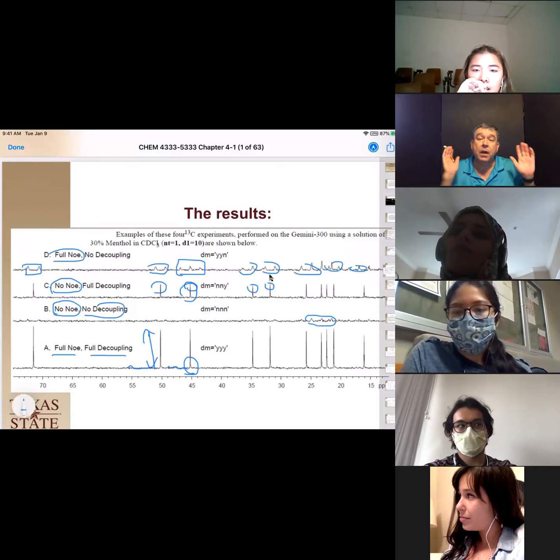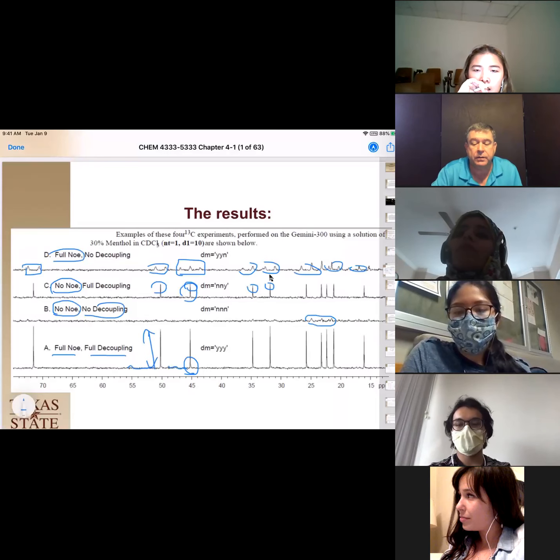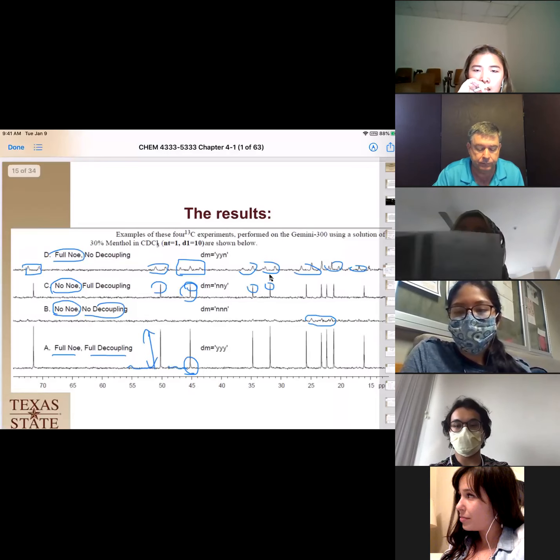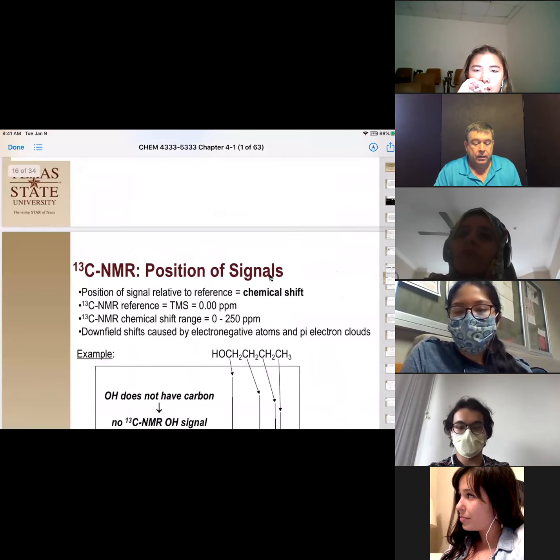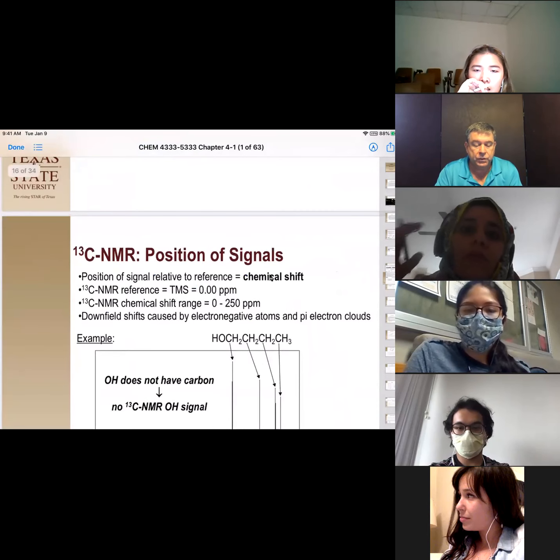So the most common experiment you'll see is you're going to have full NOE and full decoupling, and that's the most common experiment you'll see in your carbon NMR. Okay, so